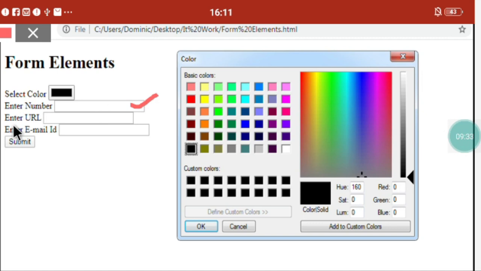The next text box is given for you to enter a URL. URL means your web address. Here you are going to enter it in this text box. In the HTML5 program, input type equal URL is given. So input type equal URL means only the URL of a website will be taken. If you type any other letters here, they will not be taken. Once you move the mouse pointer over here, it will display a message like this: enter a URL.